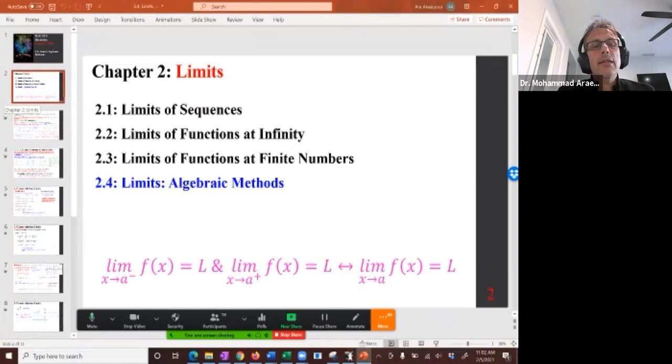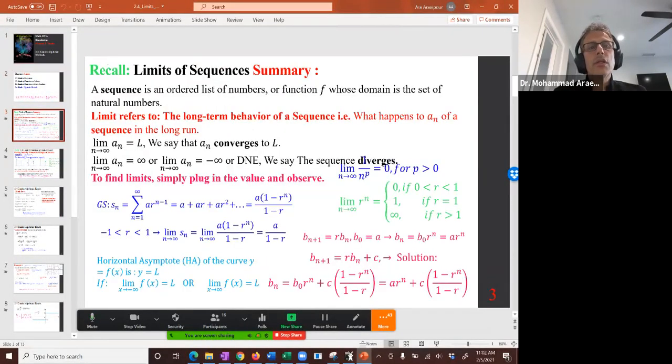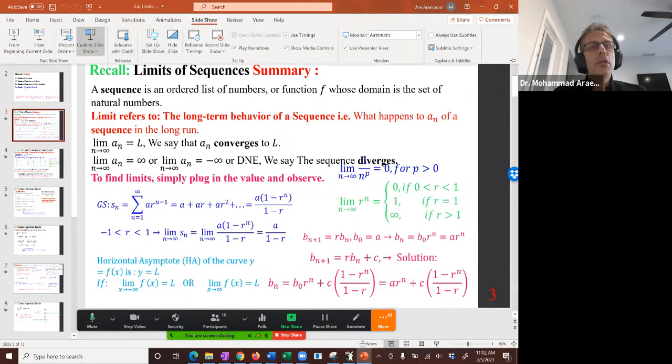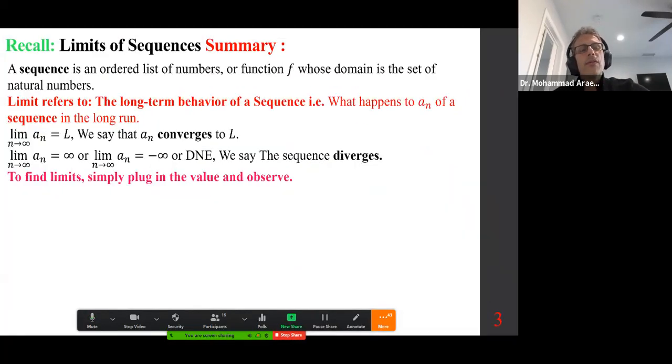We looked at limits of sequences, limits of functions at infinity, limits of functions at finite numbers, and we're going to finish the chapter by looking at algebraic methods. So here's the synopsis of what we've covered. Let's quickly recap. We looked at the definition of a sequence, which is a list of numbers, and then convergence and divergence, which simply put means,